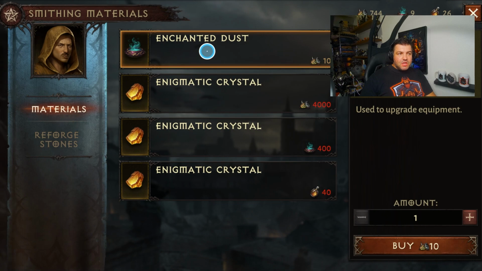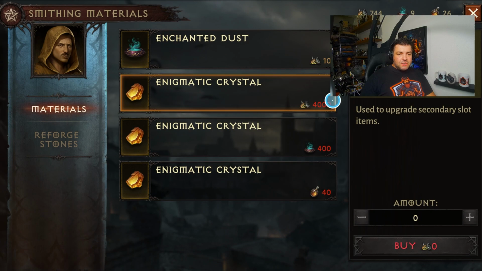But check it out. You can get enchanted dust at a ratio of 10 to 1. This is great. You're getting so many more scrap metals than enchanted dust that you can just convert them, and you're able to catch up. I literally was stuck at like 3 out of 3, 4 out of 4. And as soon as I remembered and learned about this, I was able to upgrade all my slots, multiple levels, and it was huge. Now, do note, you can also, at a 4,000 to 1 ratio, even get enigmatic crystals,